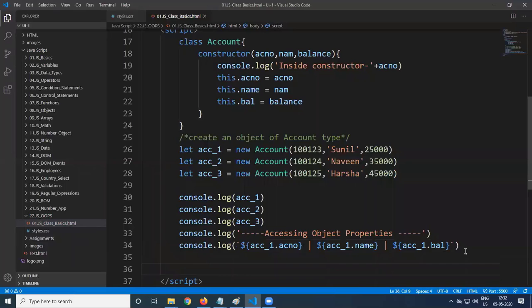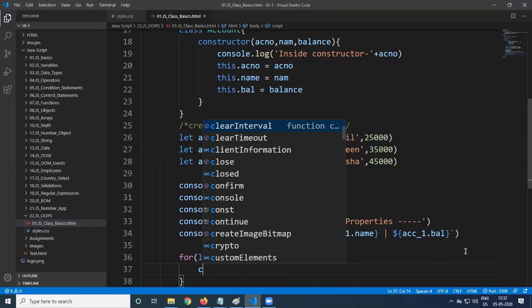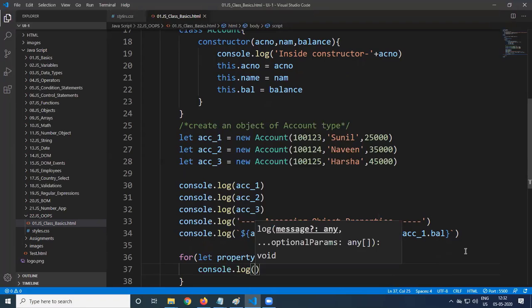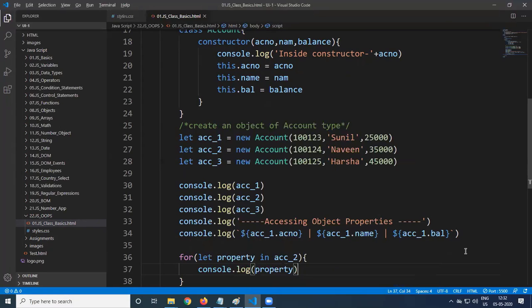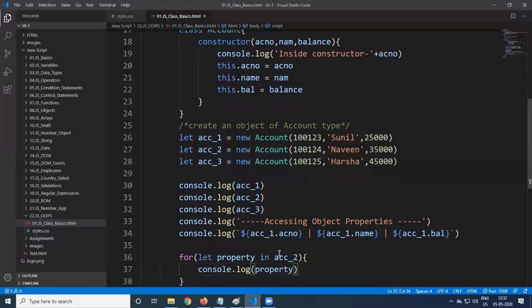Or what I do is, for let property in ACC_2, console.log property. I'm just displaying the property. What is coming? Account number, name, as well as the balance. How to do the iteration, how to get the properties.